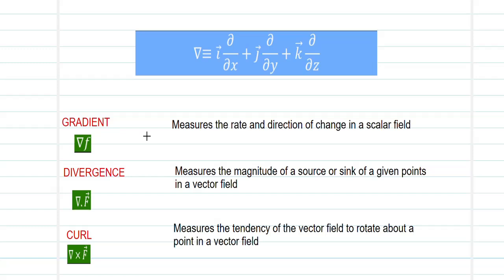When you give a vector as an input, then there can be two kinds of operations performed by del, which are the dot product and the cross product. The dot product of a vector with your del will be called divergence, and the cross product with your vector will be called curl. So having defined these three quantities, we now move on to define the next two, what we call solenoidal vector